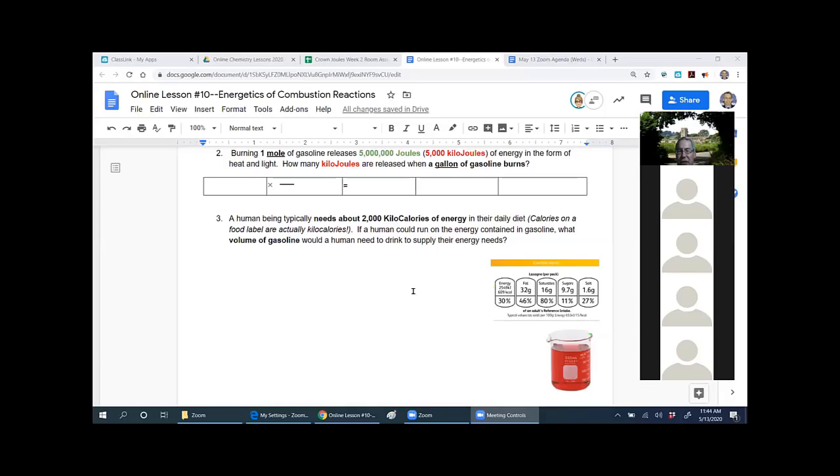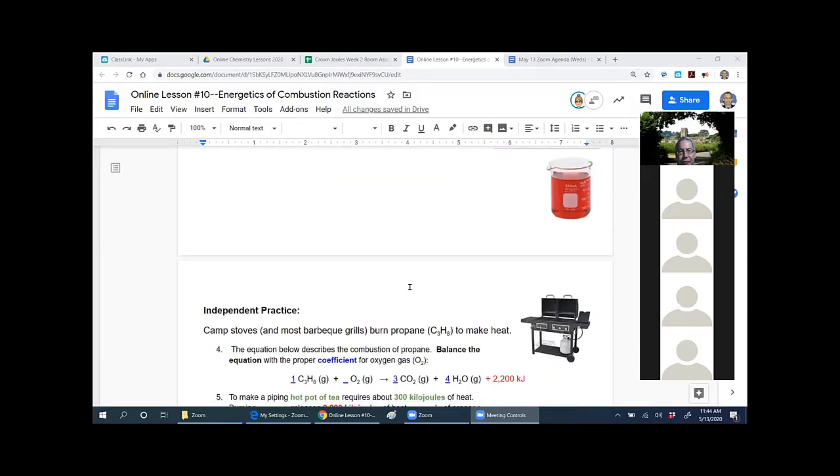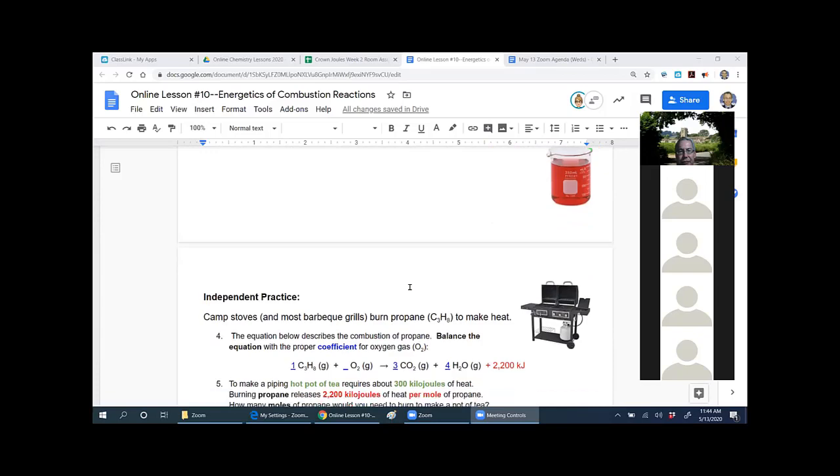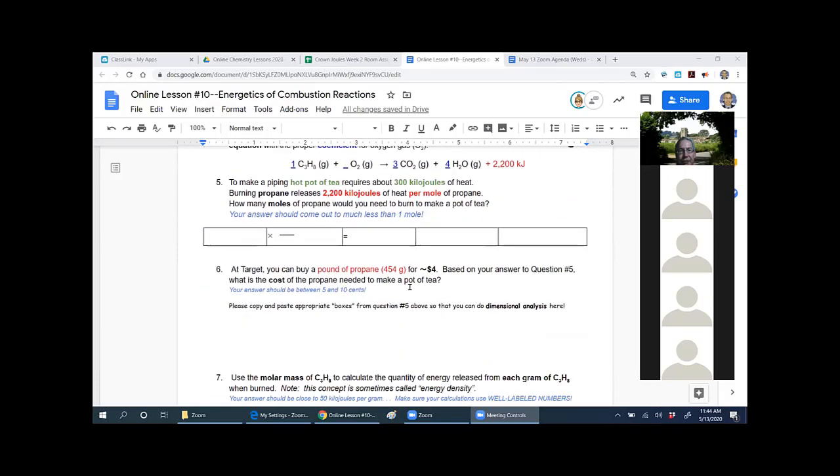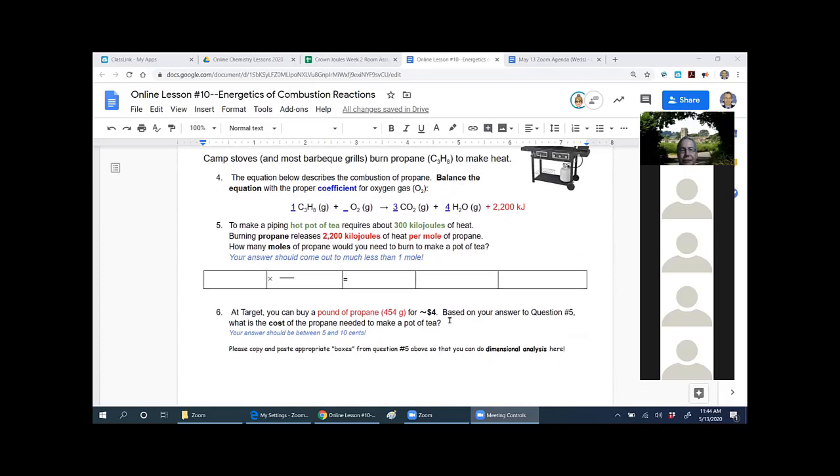All right, can you see my screen now? Yeah. With problem, I think actually, the camp stoves problem, that one. I was having a lot of issues with how to convert a lot of the things. I was following along with the question that you did with the video, and that made a lot of sense to me. Good. But when I tried to do it on my own, I was having a lot of trouble with this. All right, so you're on problem number 5 here. Yeah. That's a good example to start with.